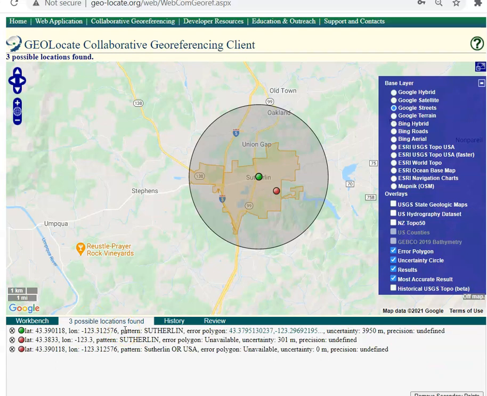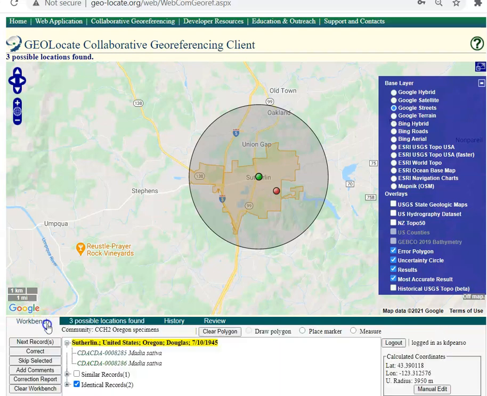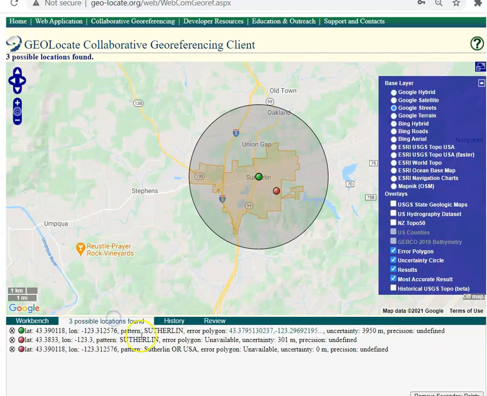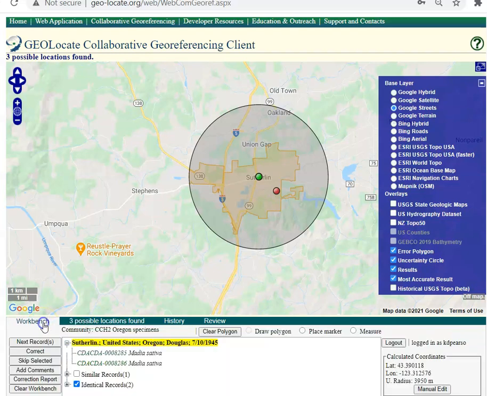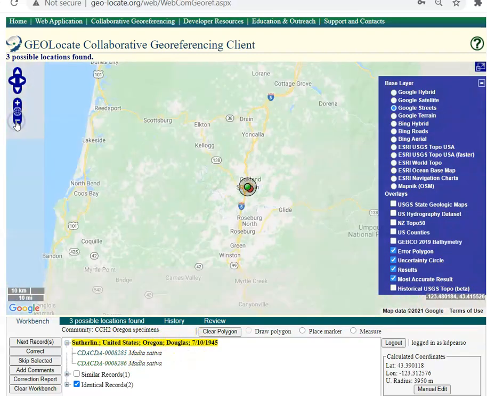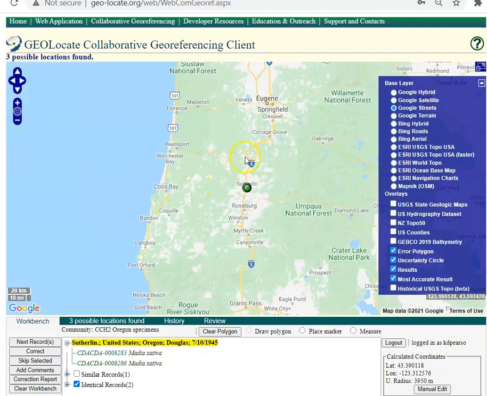The information in all caps after the word pattern indicates which phrase was used to place the point. For example, when we used the following locality, GeoLocate gave us the following results. When deciding whether to use one of the GeoLocate points, make sure to check that the state and county where the point has been placed matches the state and county indicated by the record.